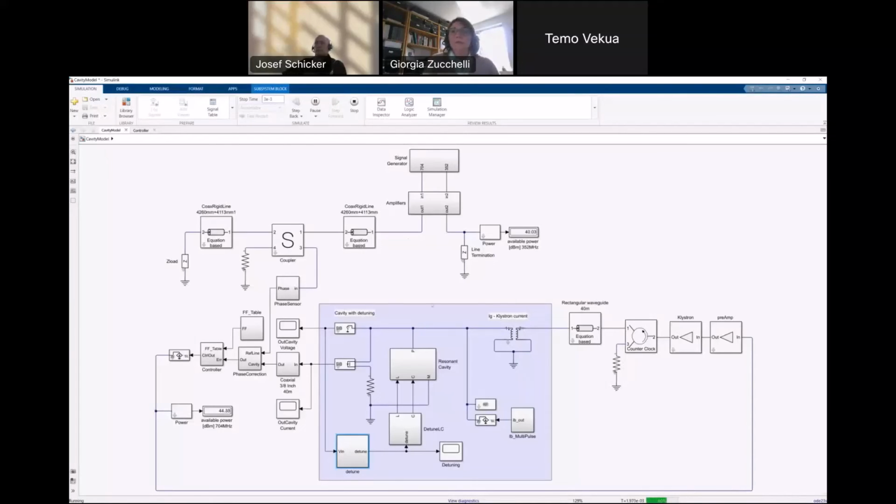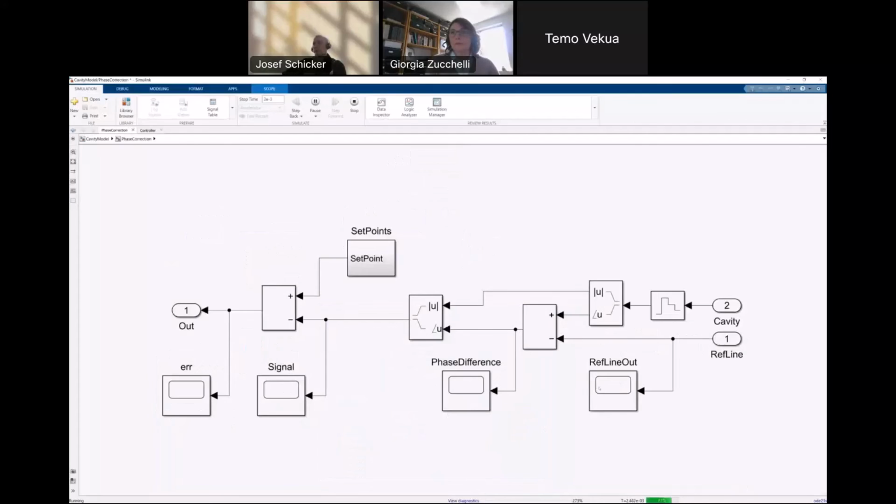And as you run the simulation, you see that it's fairly fast. This model has, I think, a couple of millions of scopes spread all over the model, to allow you to check at every stage what's happening.